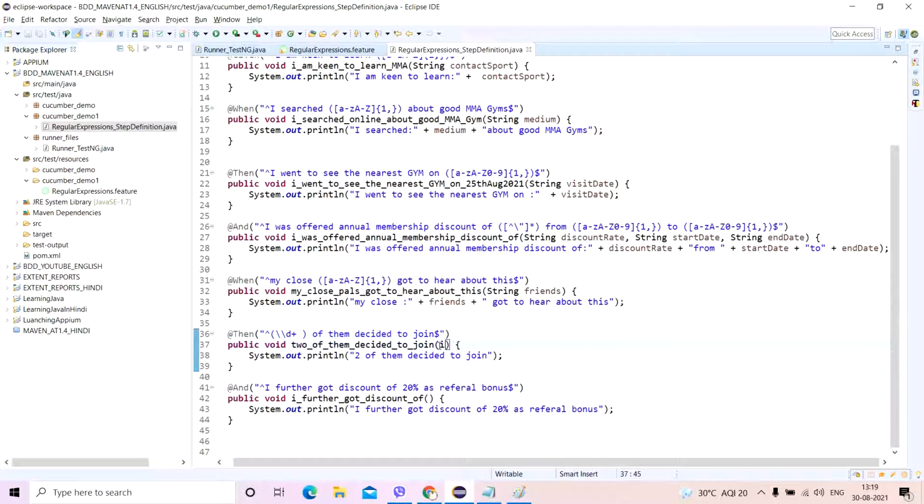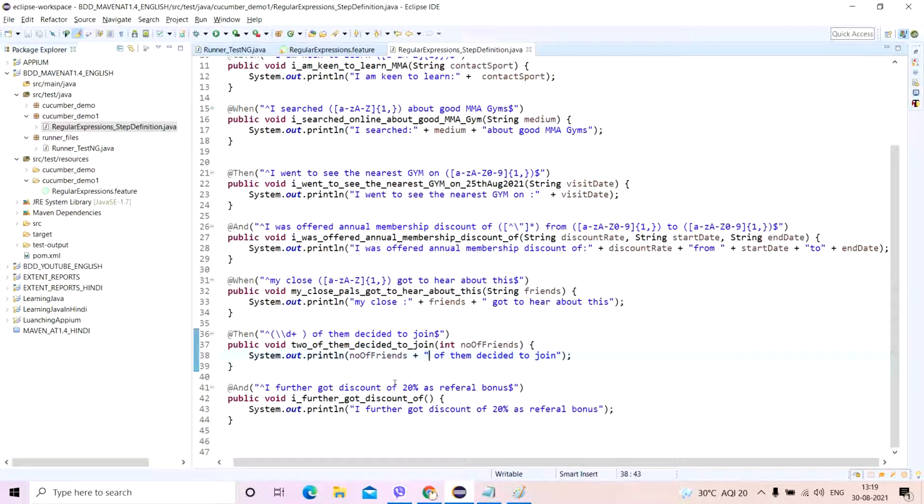Here I'll write int number of friends, the number of friends who decided to join. So here I'll copy this, Control C, as simple as that, very simple.